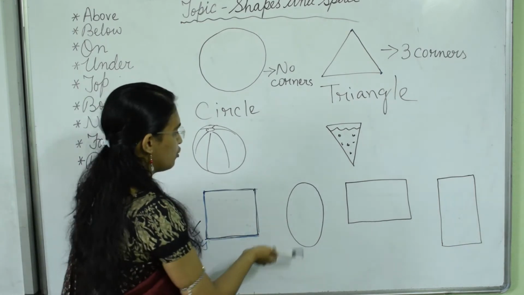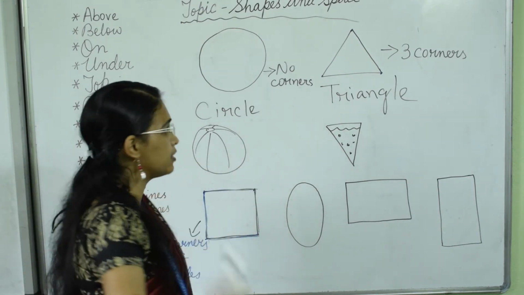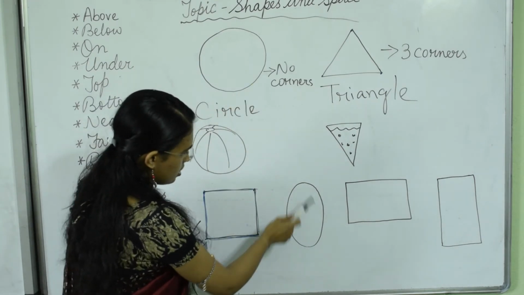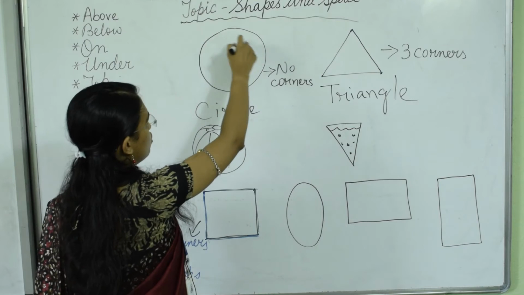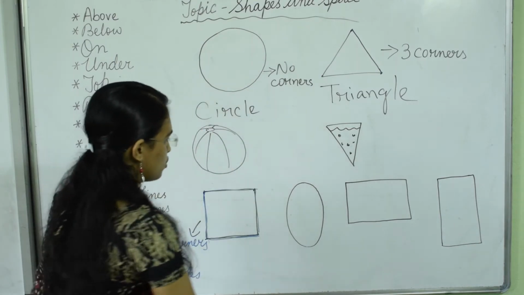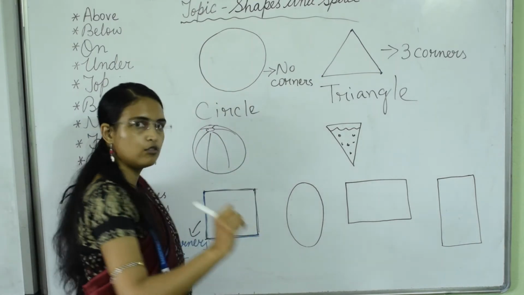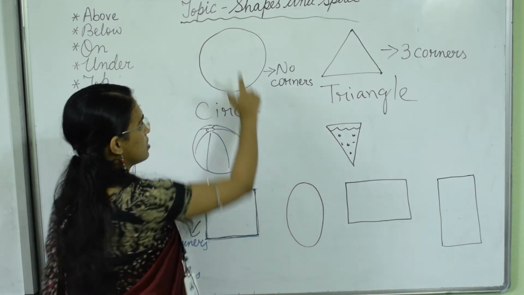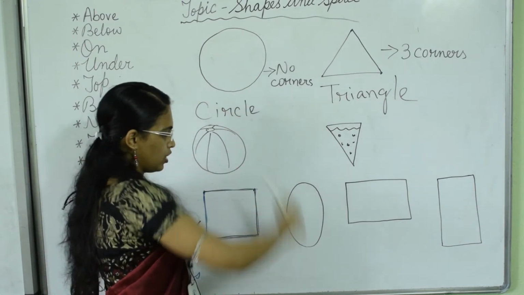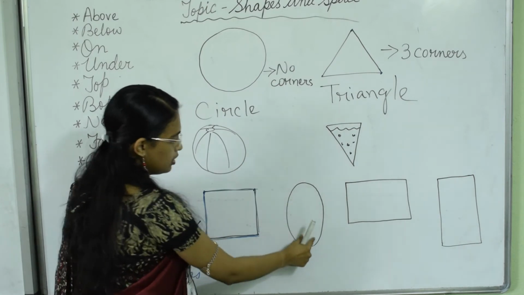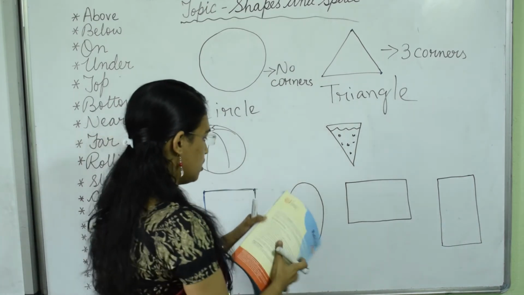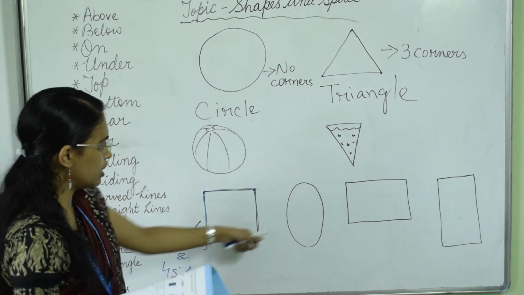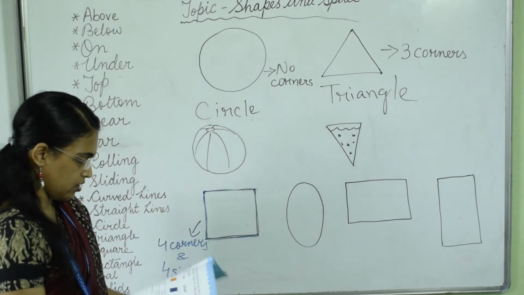And there is a slight difference between a circle and an oval. An oval looks like this and a circle is totally round. Okay, and they both have no corners. In an oval also there are no corners, and in a circle also there are no corners, but an oval is a little bit long. So the example of an oval is an egg. Now